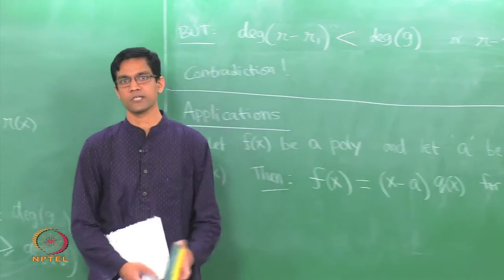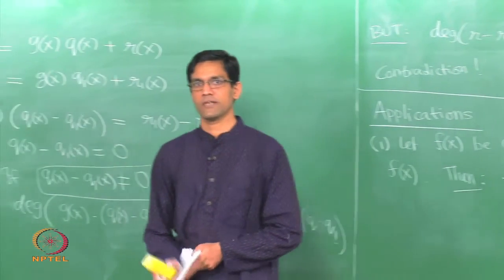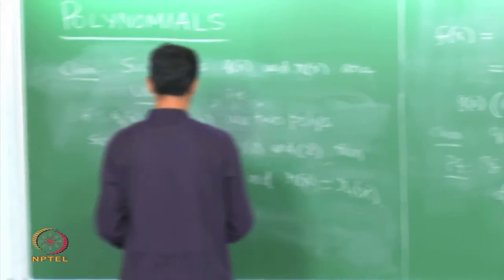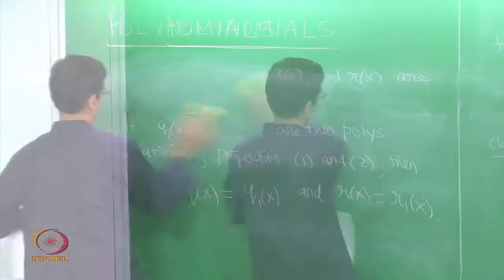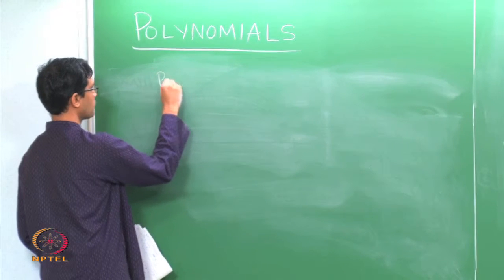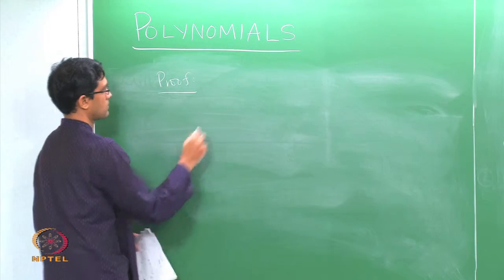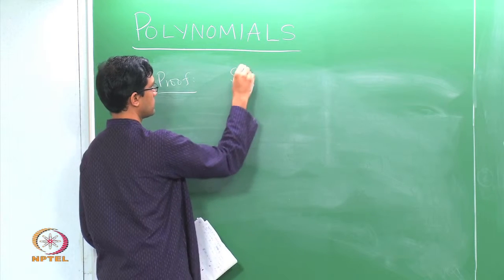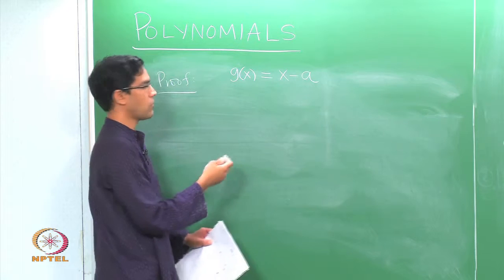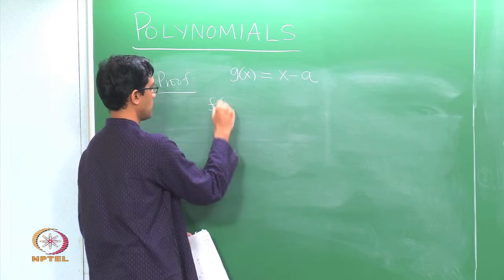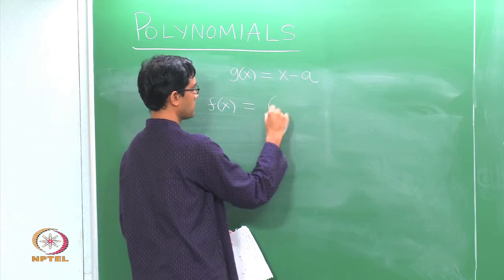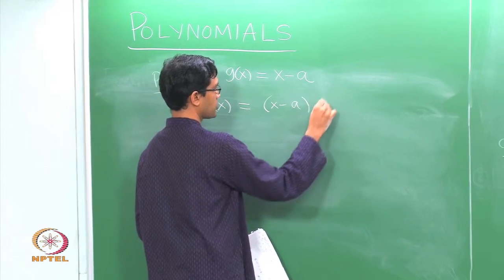Okay, the key content here is really the converse, that if f of a is 0, then f must be a multiple of x minus a. And let us prove it just using the division algorithm. So how do we prove this fact? Let us just take g of x to be x minus a and apply the division algorithm. It says when you divide f by g, f of x can be written as g of x, which is x minus a, times a quotient plus a remainder,